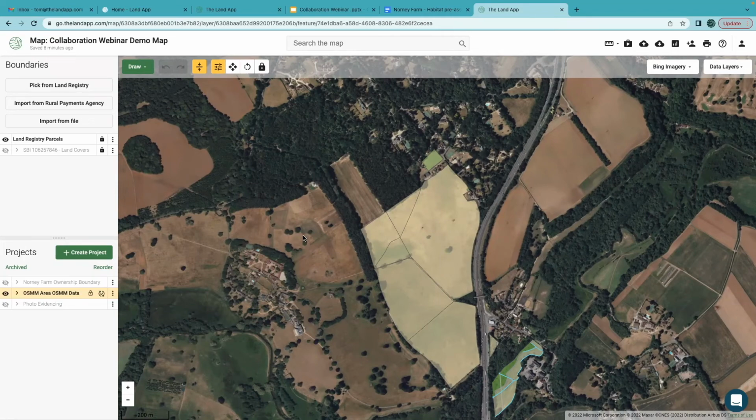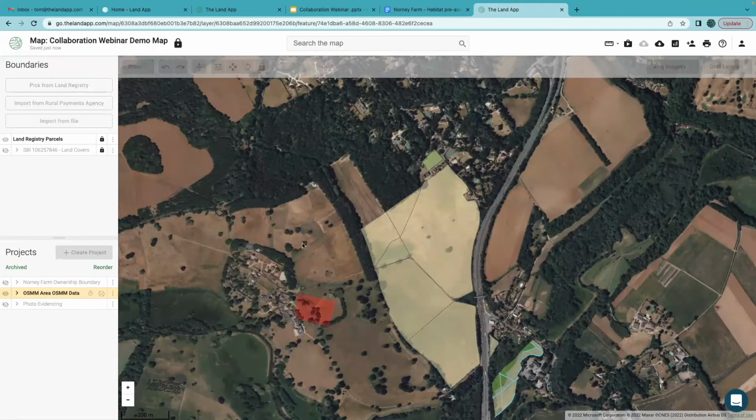So if I could ask you to come into the Land App map, and just let us know when you've joined the map and you're on. Yep, I'm on. Obviously, people won't be able to see your screen; they can just see my screen. I haven't touched the screen now, and we can see that red polygon that you've just drawn on the map there. Can I ask you to do a few things, and then if you could implement them,